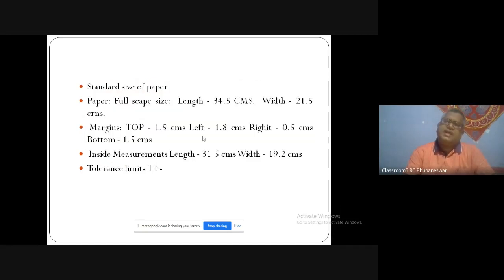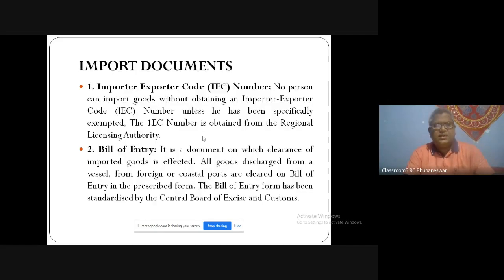Next is the document size. What type of size is there? A4 size paper is there, with a length and width, and the right margin is 0.5, top margin 1.5. You can see in your book also how the document size is shown. But the question is, whatever I have discussed is related only to the export